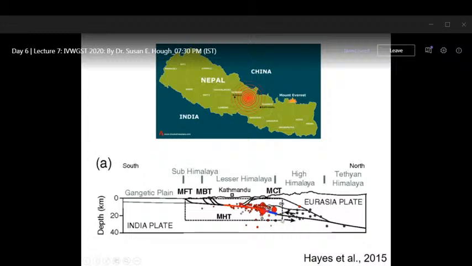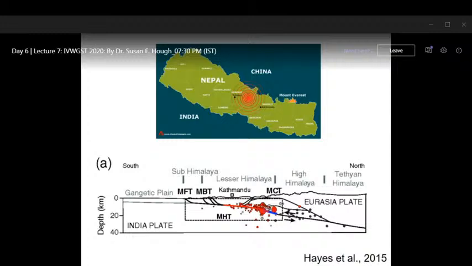It ruptured the plate boundary, the main Himalayan thrust, as you can see in this cross section. And the rupture extended essentially to right underneath the Kathmandu Valley. Kathmandu is a former lakebed zone, so it's full of sediments. And it's a place where we predicted that there would be quite a lot of site response if an earthquake happened. So then this earthquake happened, and it seemed like a worst case for Kathmandu, magnitude 7.8, almost directly below